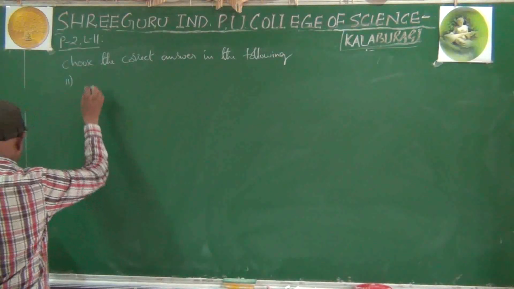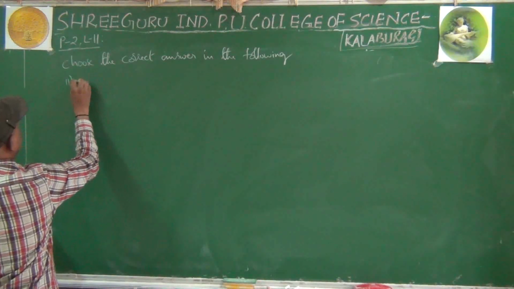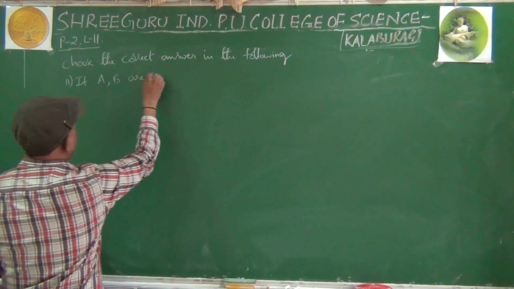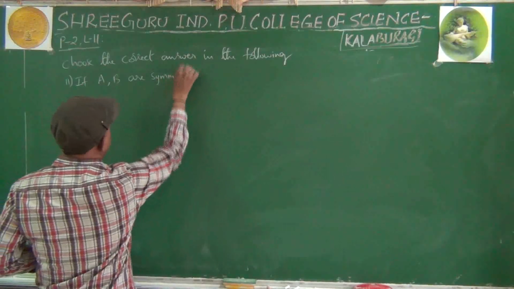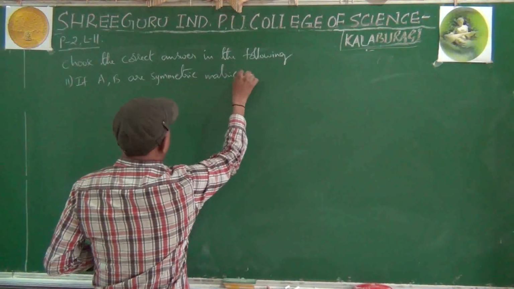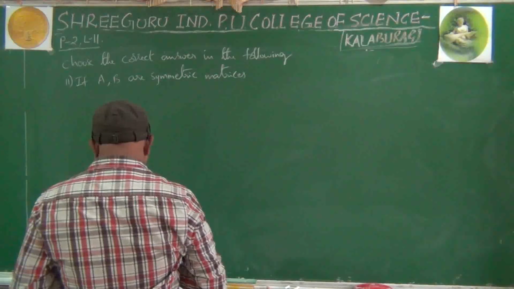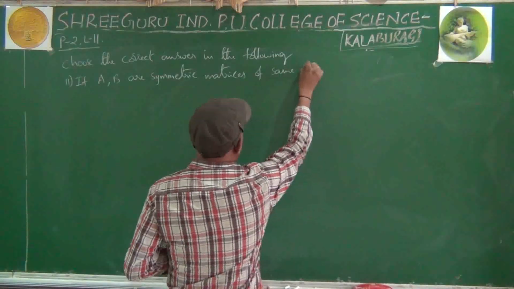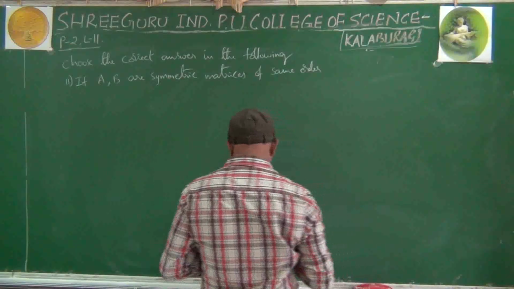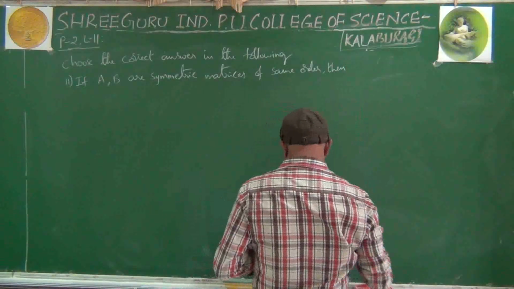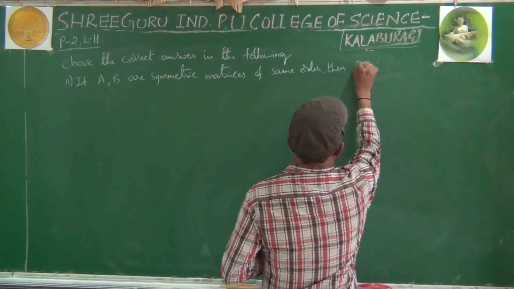If capital A and capital B are symmetric matrices of the same order, then AB minus BA